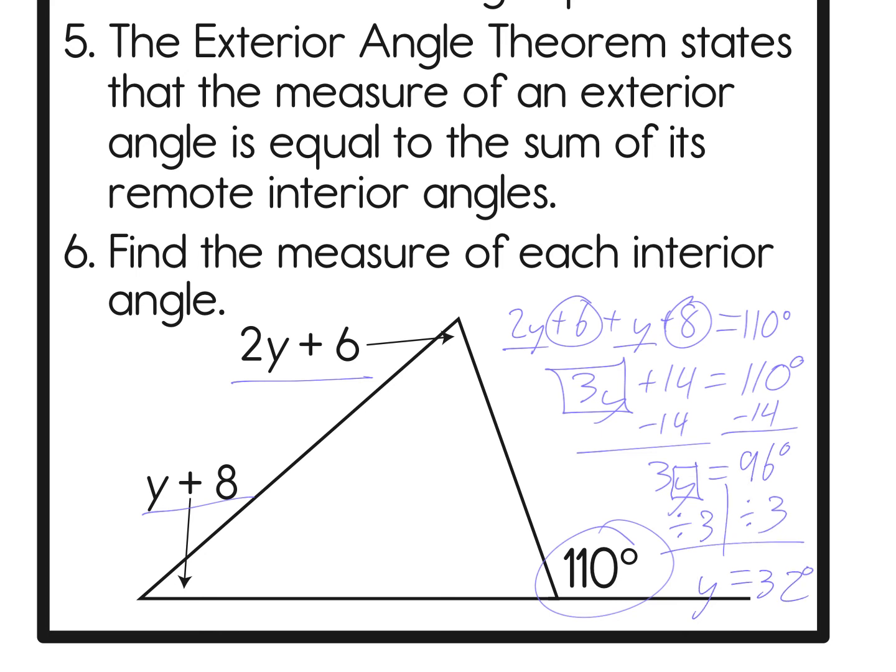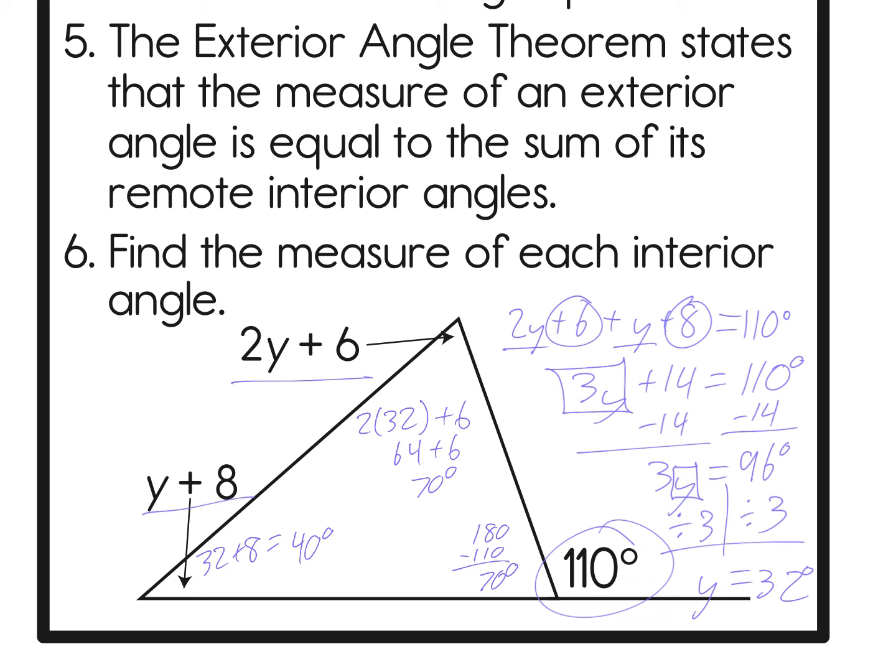However, we are still not done yet because we do not want to know what y is. We want to know what the measure of each interior angle is. Well, 32 plus 8 equals 40 degrees for the left angle. The top angle is 2 times 32 degrees plus 6, or 64 degrees plus 6, which is 70 degrees. Then for the last angle, we know that it is supplementary to 110, so 180 minus 110 will give us